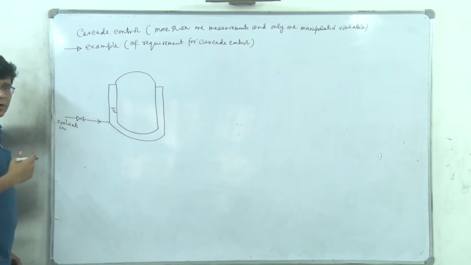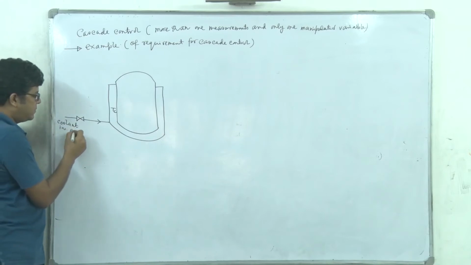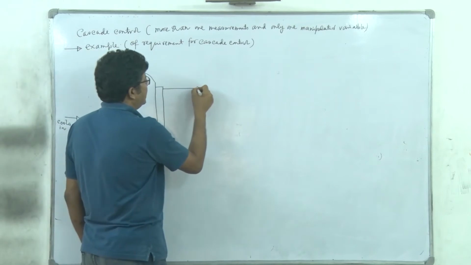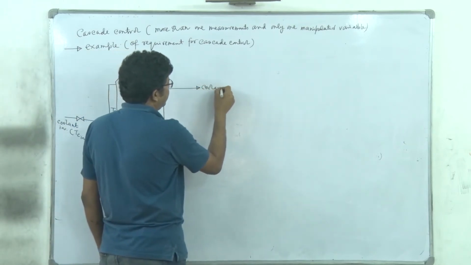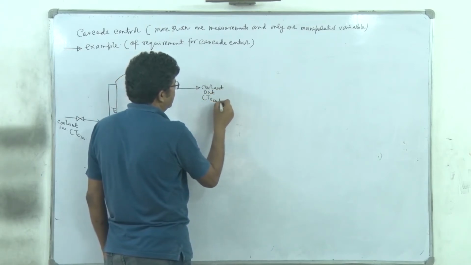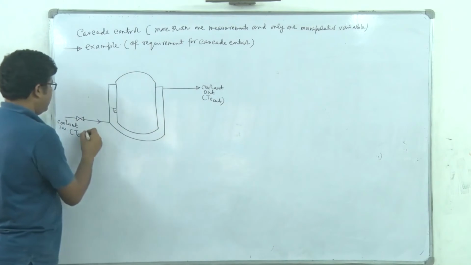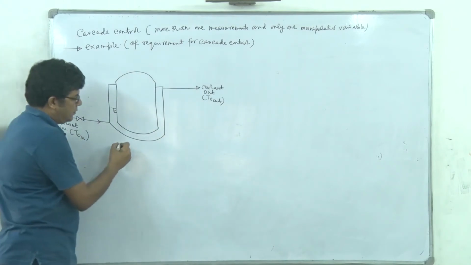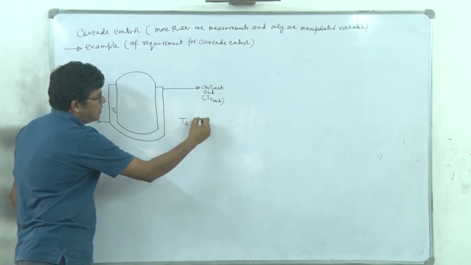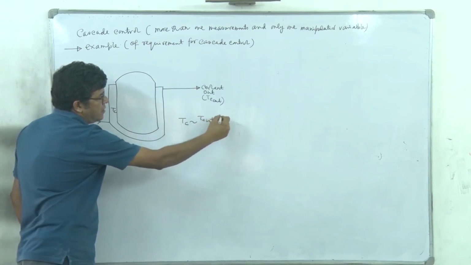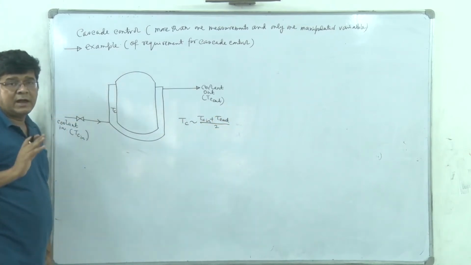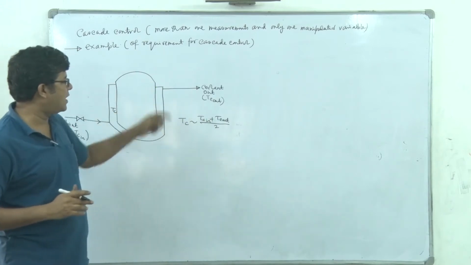Though definitely, as you know, there is Tc in and Tc out. So here we have coolant out, so it is Tc out, and this is Tc in, right? So Tc will be in the order of Tc in plus Tc out by 2. Why are we allowed to do this approximation, this averaging?